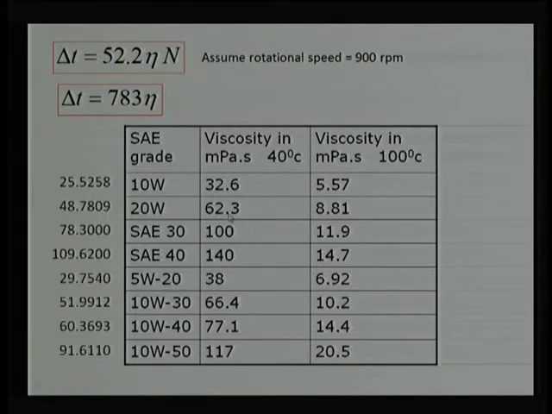So, when the operating temperature is this or the viscosity is this, and we try to find out what will be the temperature rise, we are able to judge it something like this. When the viscosity is 32.6 millipascal second, you convert it, we are able to see the temperature rise at 25° centigrade for this viscosity. With the increase in viscosity, the temperature rise is increasing. You can see here that at 140 millipascal second viscosity, the temperature rise goes to more than 109° centigrade. Naturally, there will be a drastic reduction